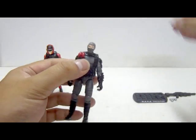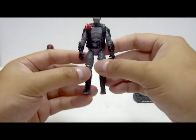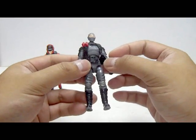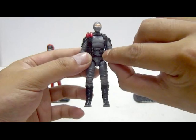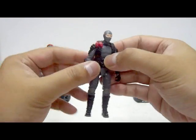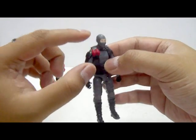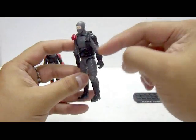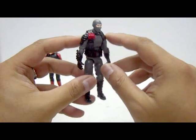We have the helmet, of course. The figure's face mask looks kind of weird. Now, it also comes with a vest, and there's two buttons at the bottom there to connect to this point here. Now, there's two grenades attached to the vest itself. You will notice that the entire vest itself looks kind of thin,